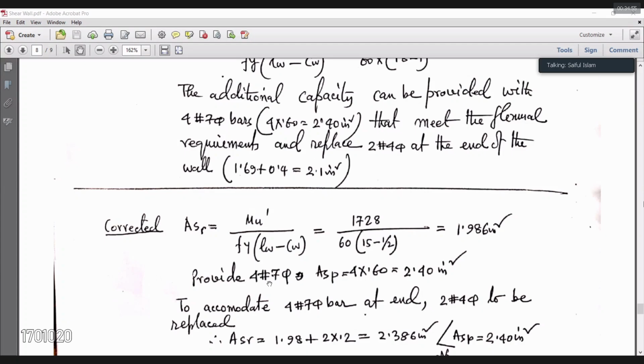শিয়ার এনফোর্সমেন্ট, ওটা এর সাথে যোগ করে দেওয়া হয়েছে। যেমন এএস রিকোয়ার্ড 2 নাম্বার 4 বার টু বি রিপ্লেসড, এই জন্য আমরা রিকোয়ারমেন্টে দিচ্ছি, যদি আমার লাগে 1.98, সাথে দুটা বার ধরে দিলাম 2 ইন্টু 0.2, সুতরাং 2.38 ইঞ্চ স্কোয়ার যদি আমি সাইডে দিতে পারি, তাহলে এই বারটা নিলেও আমার ইজ লেস দ্যান এস প্রোভাইডেড ইকুয়াল টু 2.4 ইঞ্চ